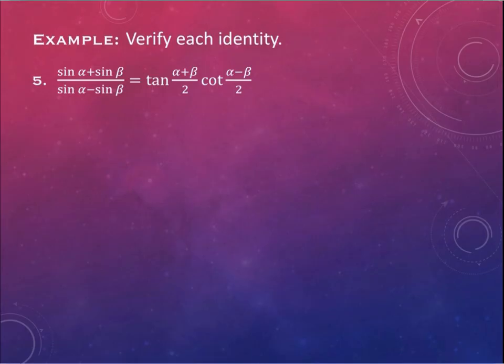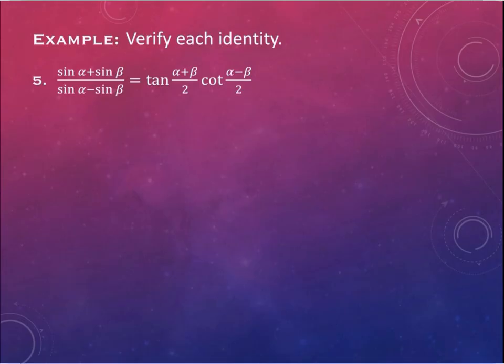The left-hand side, right? Signs that are added, signs that are subtracted. That's one of the sets of formulas that I've been working with. So that's the one that I'm going to be manipulating, my left-hand side. Now you might be looking at the right-hand side and saying, okay, but aren't tangent and cotangent reciprocals? And yes, they are. But do you notice that these 2 angles are different? They're slightly different, right? There's a sign that's going to be messing things up, but they are not the same